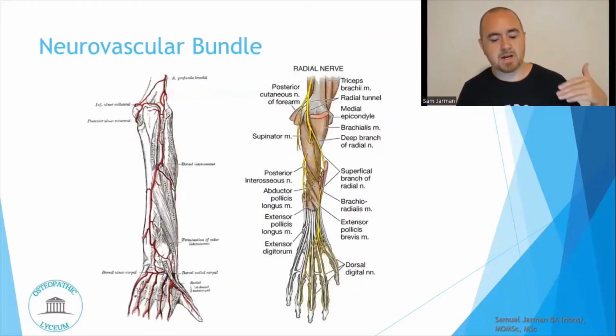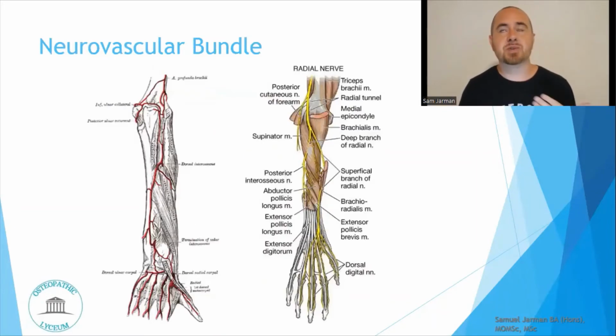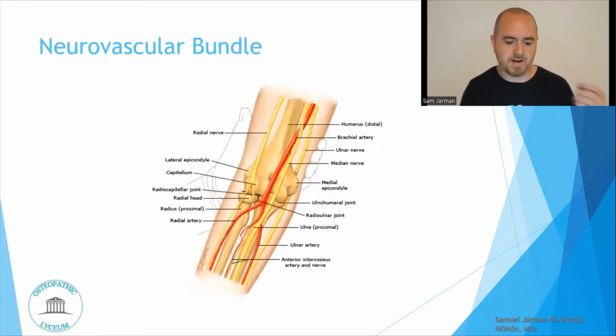All right, now the neurovascular bundle, so we'll just show both cuts so that you can see this. The neurovascular bundle, especially with anything that's going to be contained, be it ulnar or radial deviator in the posterior compartment of the forearm, then you're thinking about the radial nerve or its branch, the posterior interosseous nerve. If you're in the anterior compartment, then you're thinking radial nerve, median nerve, or anterior interosseous nerve, depending on the